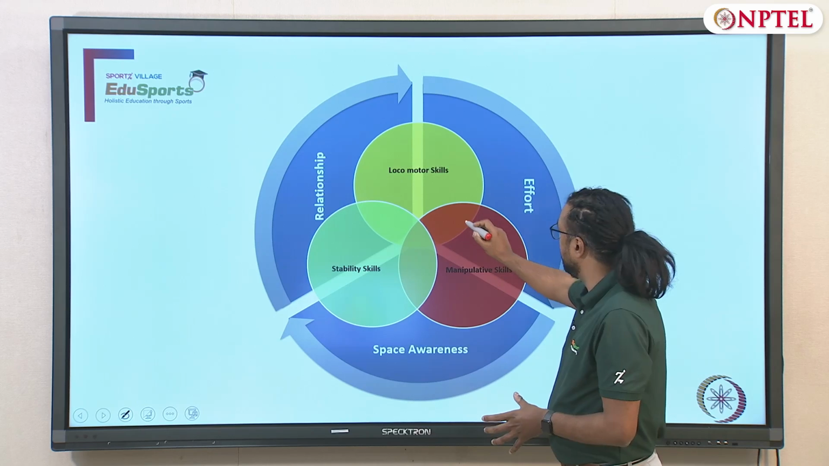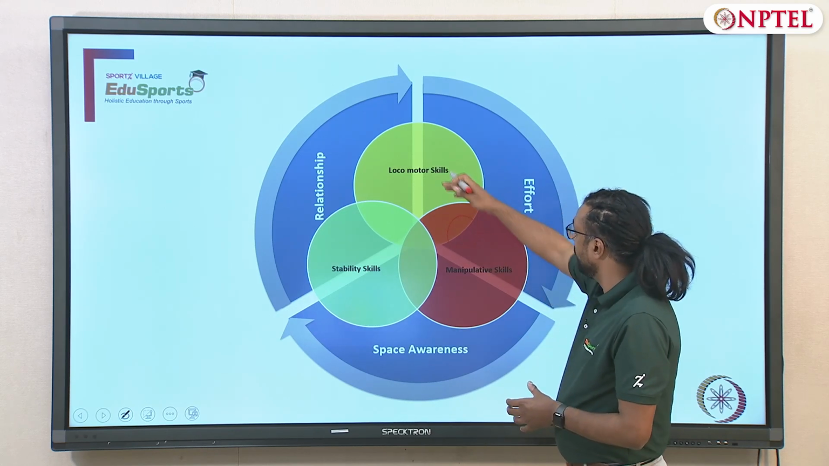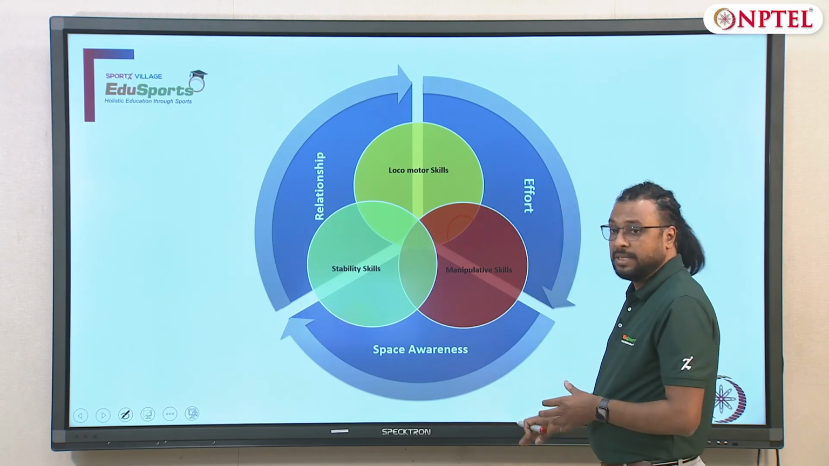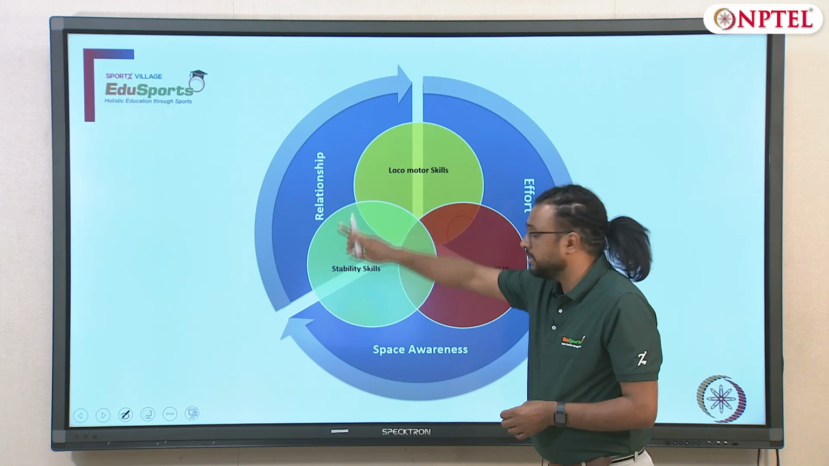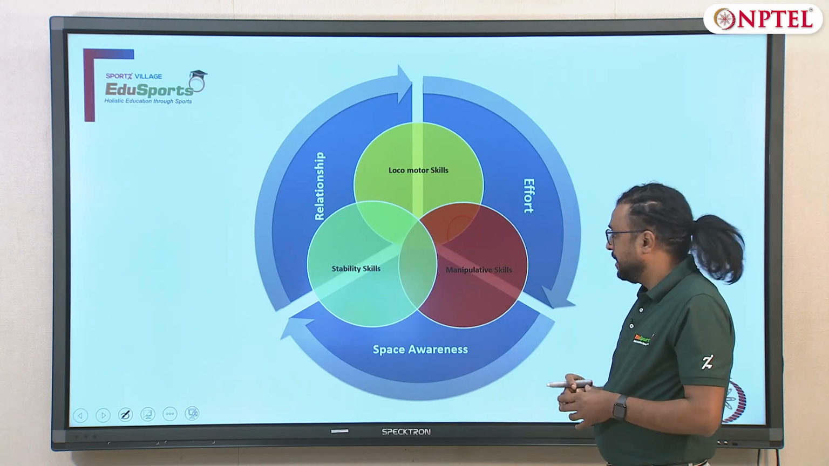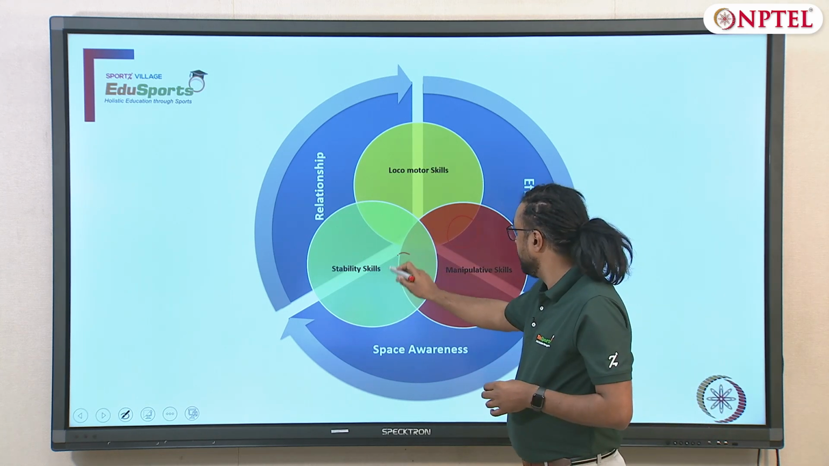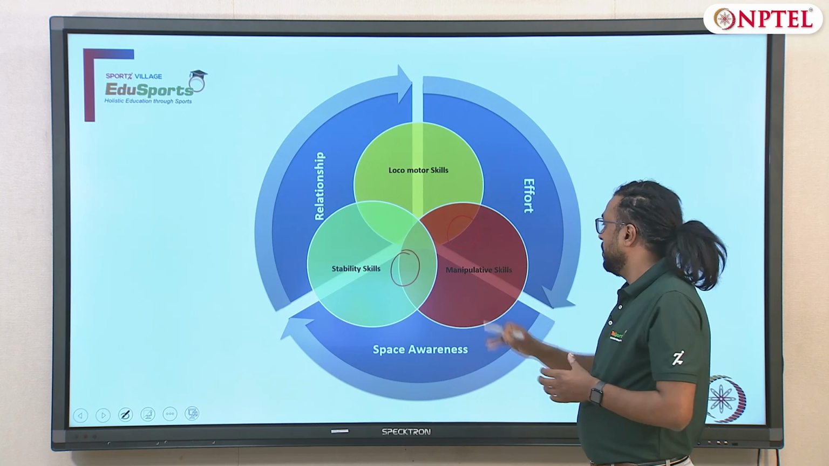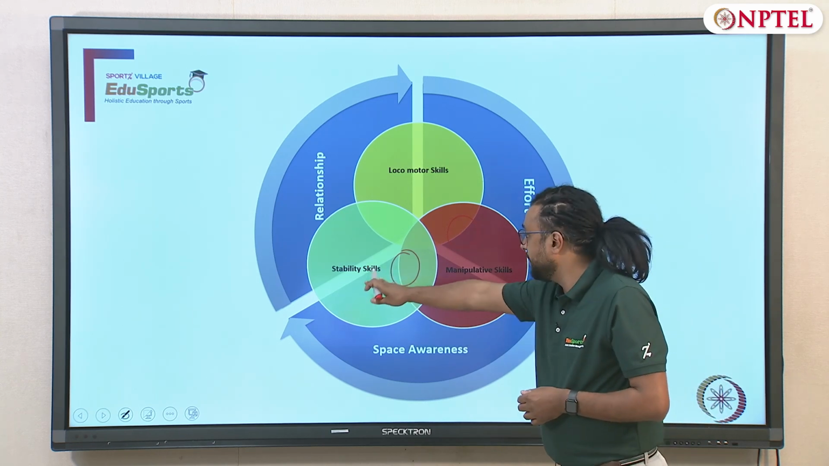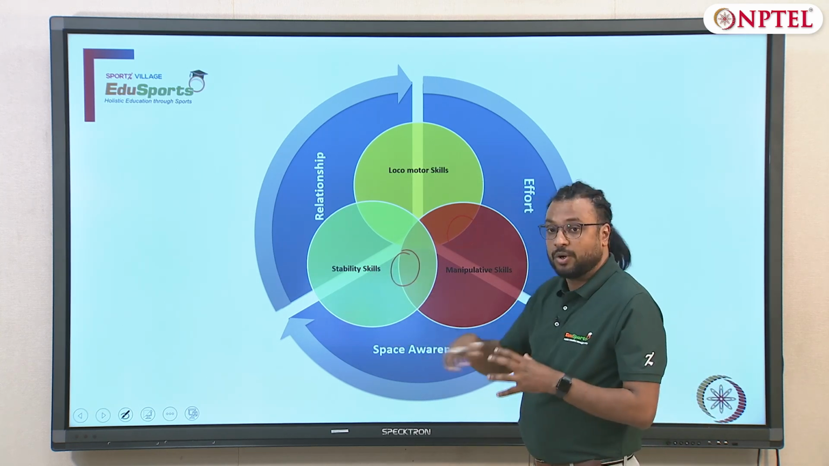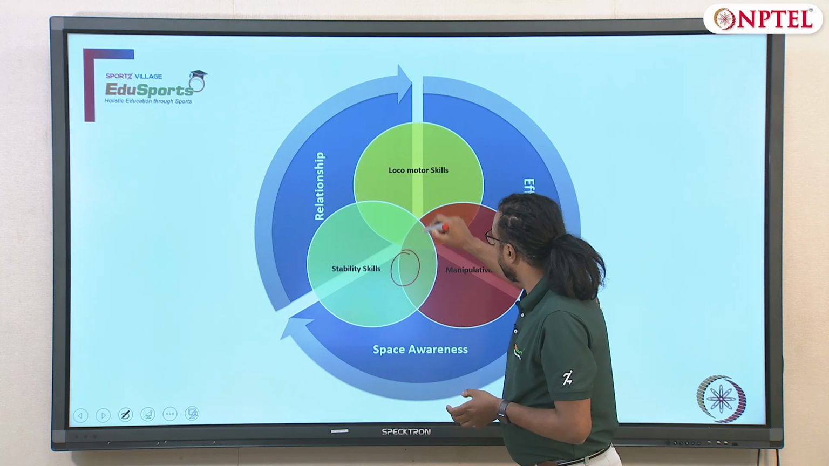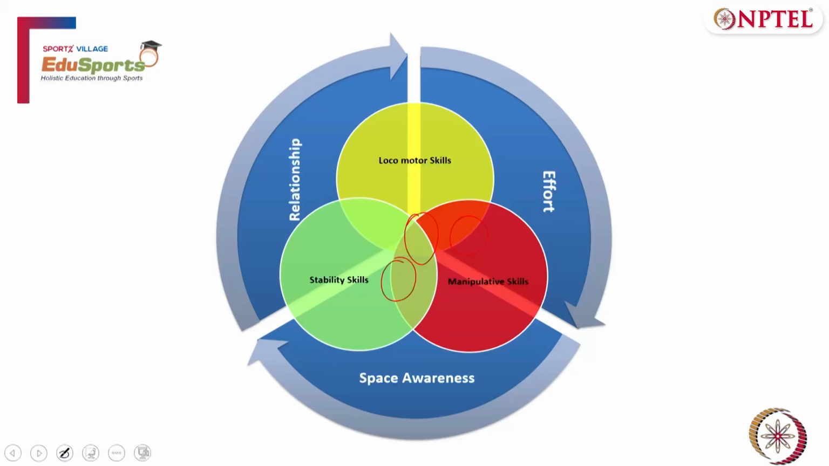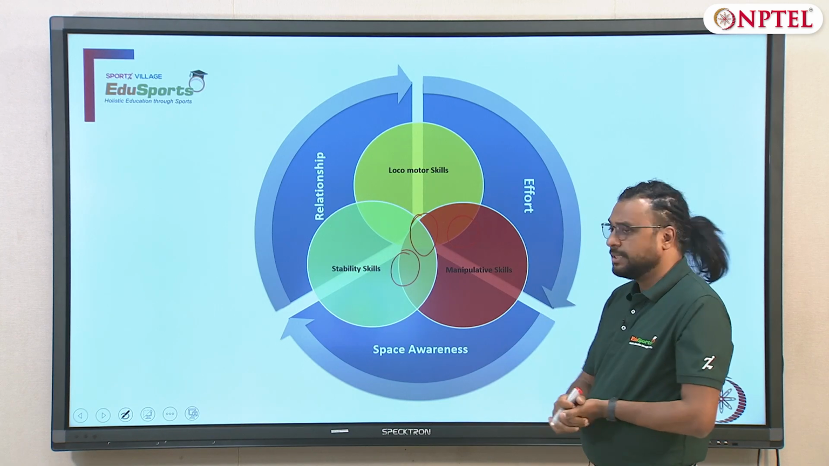Some of the activities will be here. Maybe you are doing more of locomotion, more of manipulative, right, but effort, awareness and relationship always revolve around it. Some of the activities, maybe you are doing more of manipulative skill or more of stability skill, and these things are always there with you, right. Then some of the activities will remain here, means you do locomotor skills, manipulative skills and stability skills. So, let us